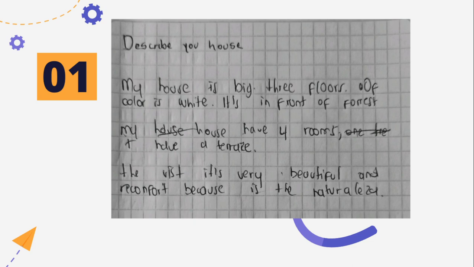Then "my house have 4 rooms." Here we can see the person wrote "my house" and then "my house", but the correct way, and the wrong one, is actually a phonological transfer because of how we say "my house". But the person corrected that: "have 4 rooms." That's totally okay. And then we can see there is a T and it means it should be "it", but it's again a phonological error. It's "it have a terrace", and terrace